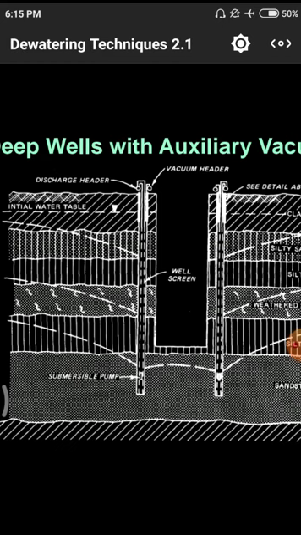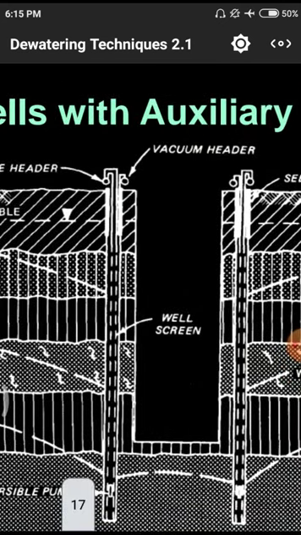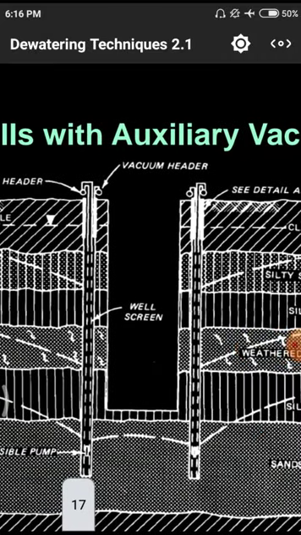At the top level we have these vacuum heads. Vacuum heads are normally used to maintain a large amount of pressure to extract water from deeper depths. If there is no vacuum head, because of the higher depth, water will not come to the top level. If there is a vacuum head, some pressure is maintained on the inner side of the pipe, so that water rises easily. This is the main reason for keeping the vacuum header in submersible pumps. In normal pumps at lower depths we do not use these vacuum headers. Particularly in larger depth pipes we use this.